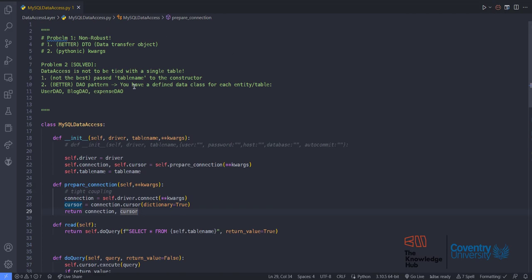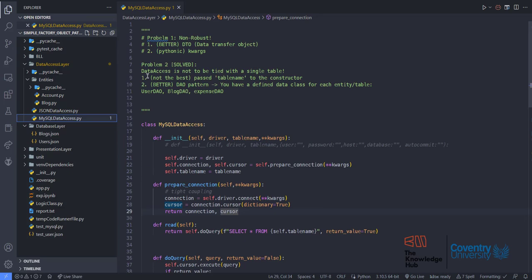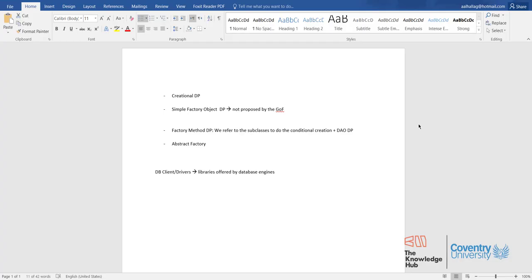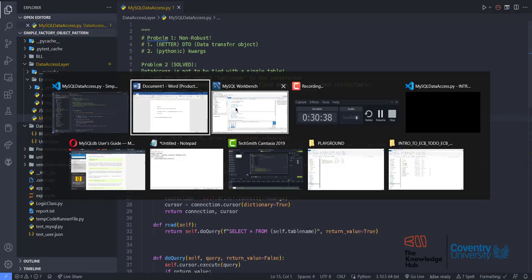Now we want to implement the logic that conditionally creates either MySQL data access or a JSON data access, right? And this is where the gateway or the factory, that's a very cool name actually that I came up with right now, right? So you can just say that this is your conditional creation gateway, right? So let me just go to my class diagram